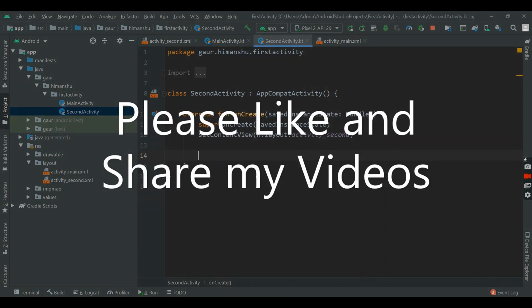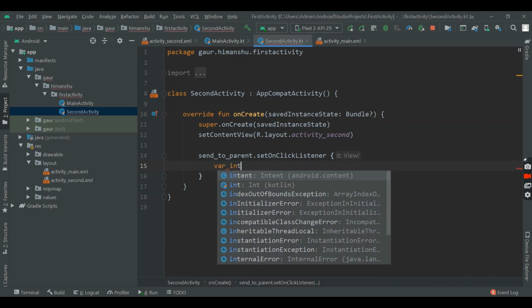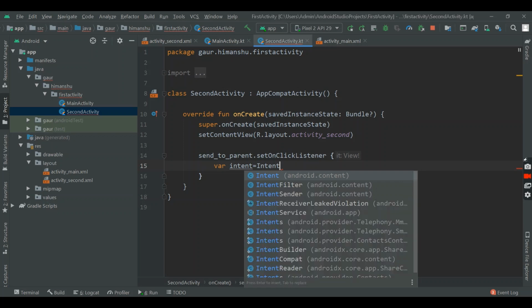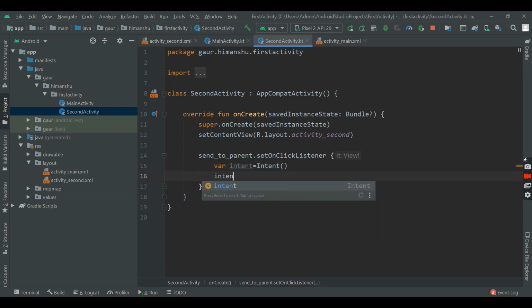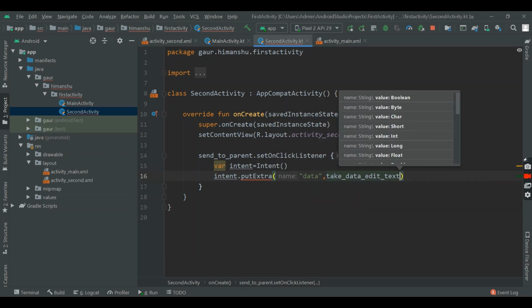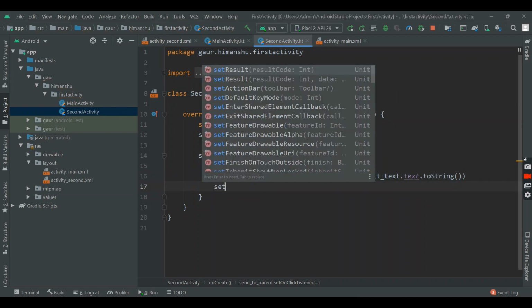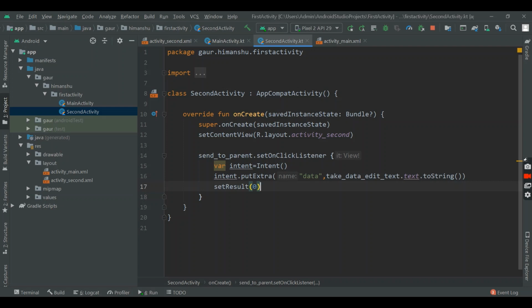So when send to parent is clicked, I need to take a variable intent and load data on it, put extra, and our data name is data which comes from edit text. So take data edit text, which is our edit text ID, and get text from it, convert it to string and simply set result, and our result code is 0 and our intent is intent.